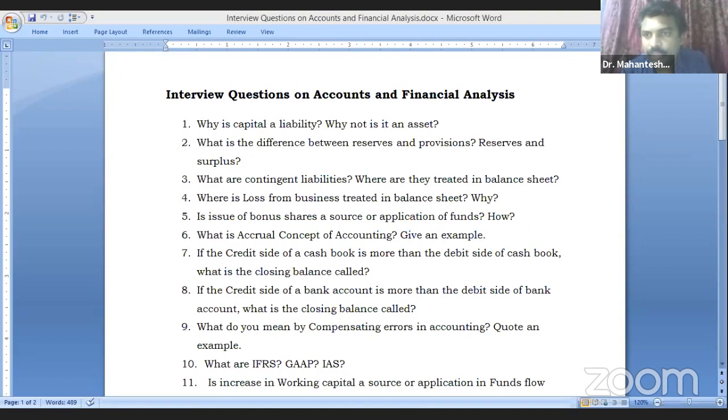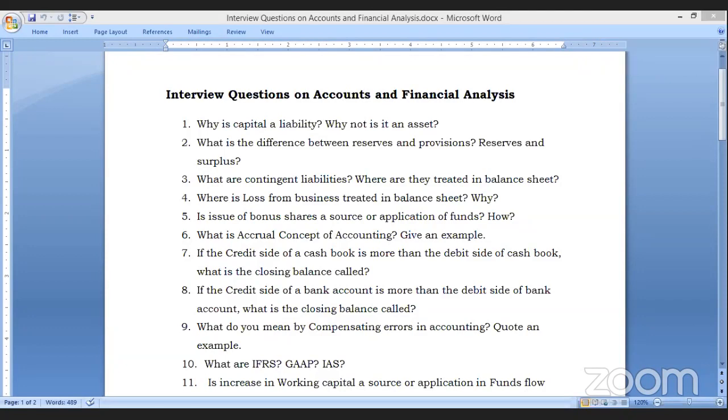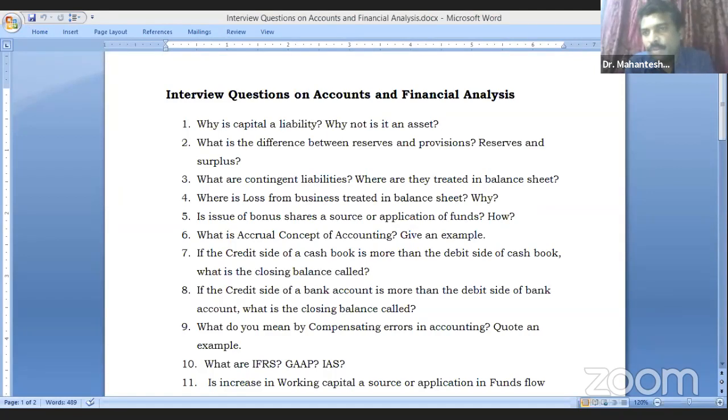Issue of bonus shares will act as a source or as an application in the funds flow statement. Since there is no answer from the participants: issue of bonus shares is neither a source nor an application. We call it a source when there is a generation of funds through it. We call it an application when we use the funds. In the issue of bonus shares, there is neither a generation of funds nor a utilization of funds,